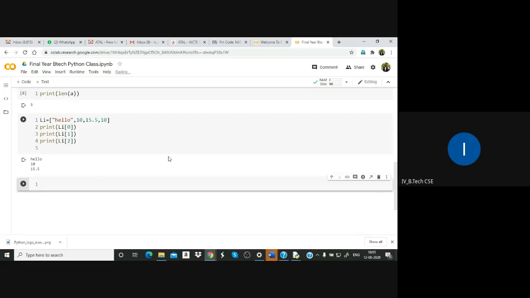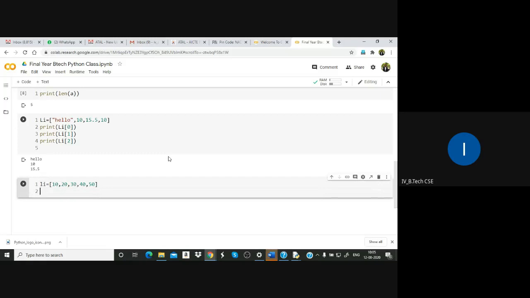You can extract the elements with index. Next, you can also have a list with homogeneous elements like 10, 20, 30, 40, 50. Like that, homogeneous elements also you can keep, and you can print one by one using print statement.